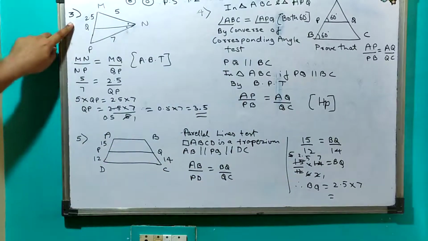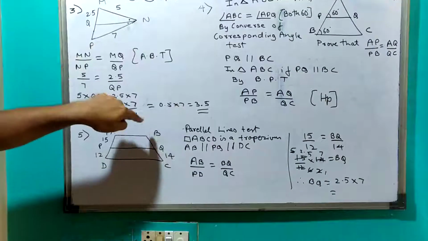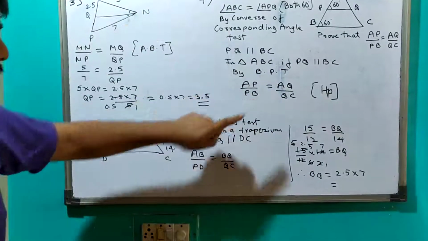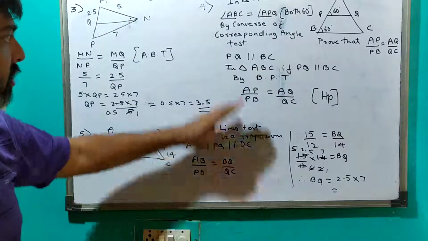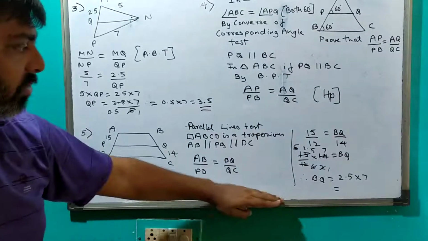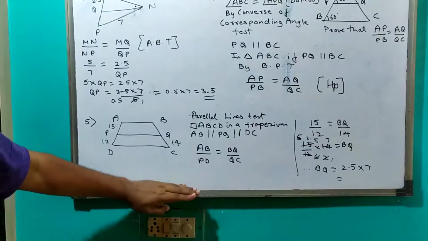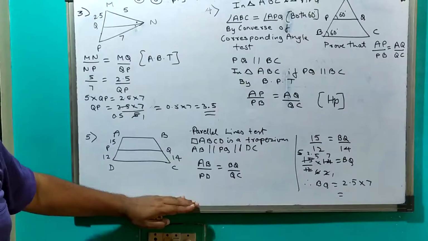With this, the third sum we have to solve. Same sums are 6th and 8th in this exercise. Fourth sum is a proof level, and the fifth sum which I have done over here is the normal solving where values have to be written. So these you have to solve. See the solved examples once again properly.